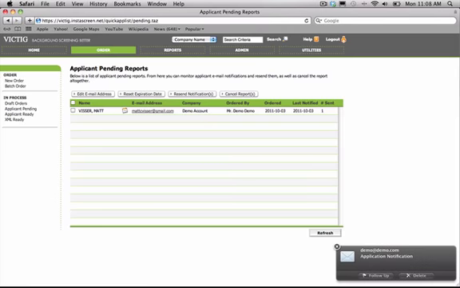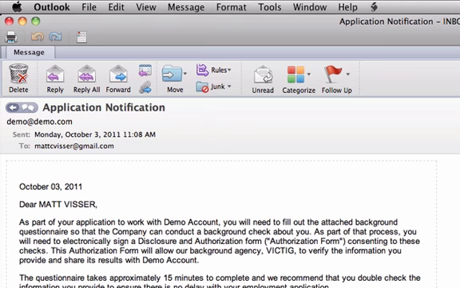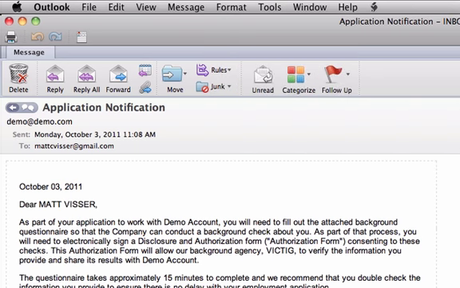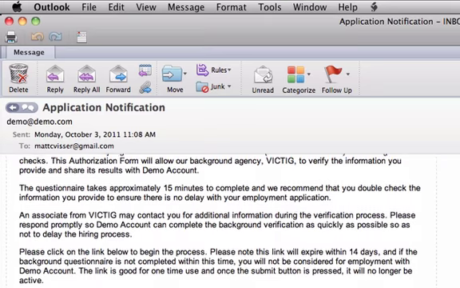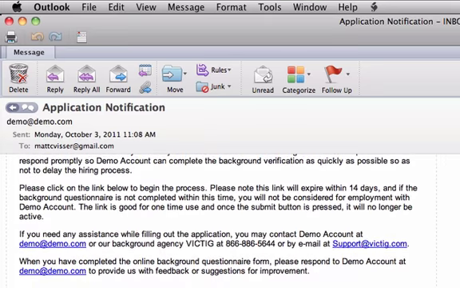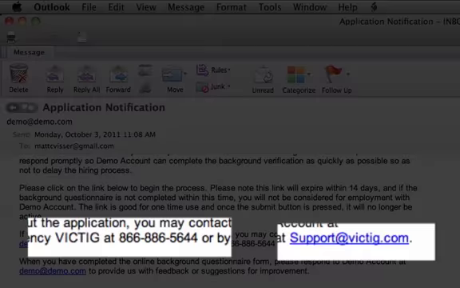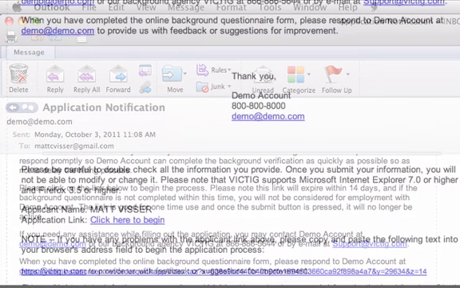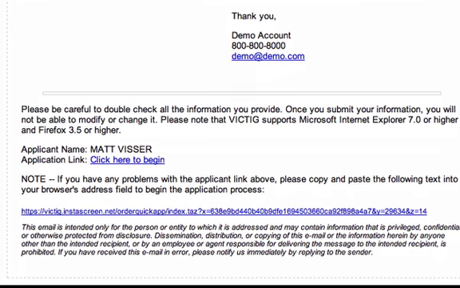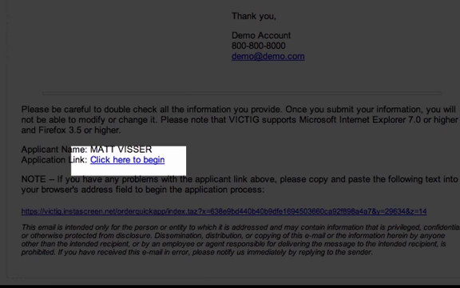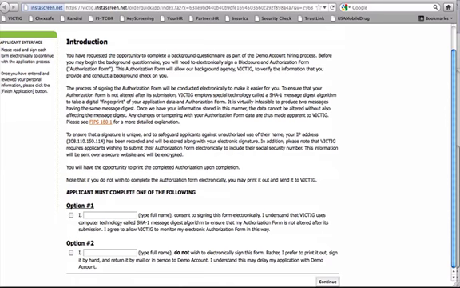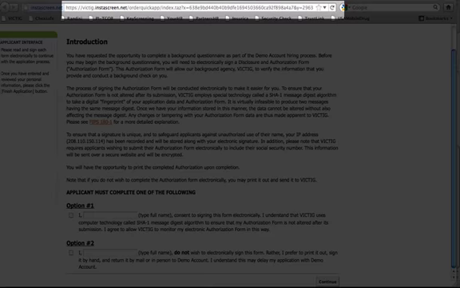Now, if I select my email, we're looking as if the candidate received this email. So you can see there's a lot of instruction that's provided to the candidate. One thing that's very nice is we provide our contact information in the email, so if they have any questions, they can contact us directly. Then, what they will simply do is just select the click here to begin link that's under their name at the bottom of the page, and that will bring them into a secure area of our site